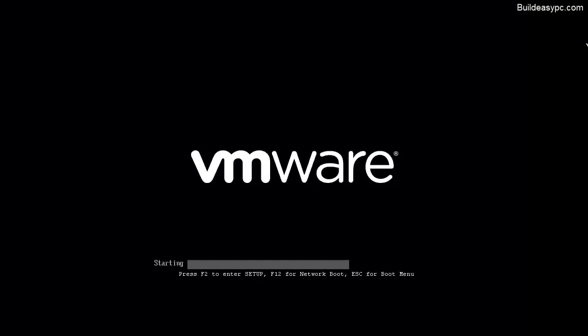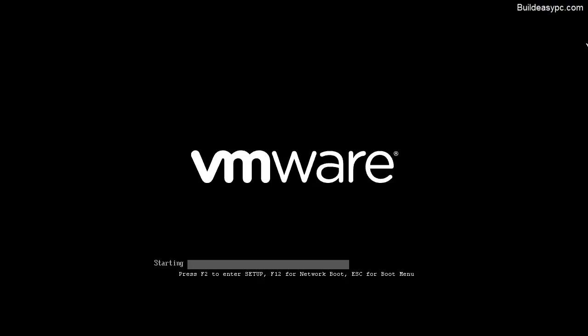For example, on my screen you can see it says press escape for boot menu. So press your appropriate key to enter the boot menu, and then you need to select the DVD-ROM as the